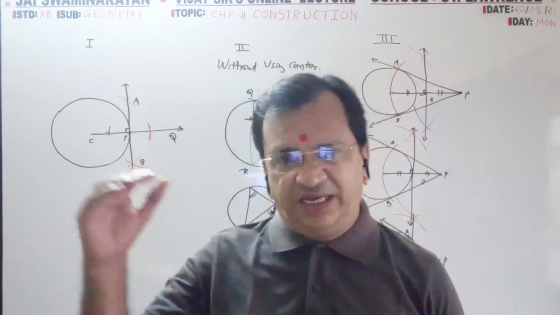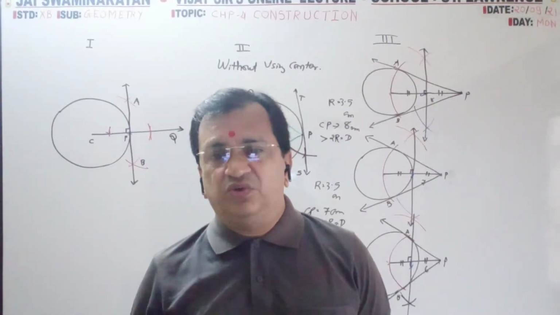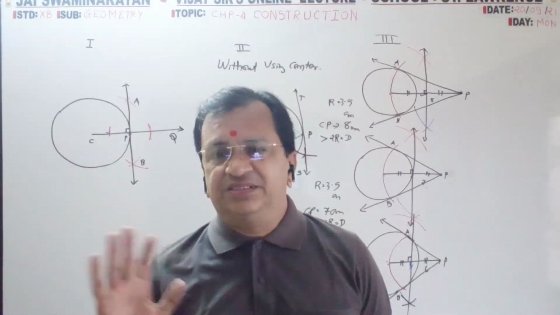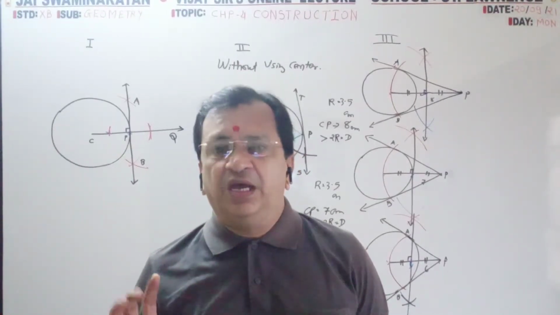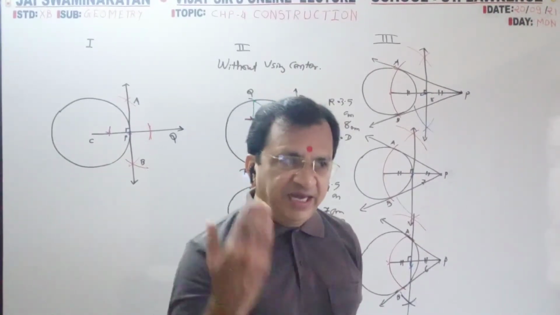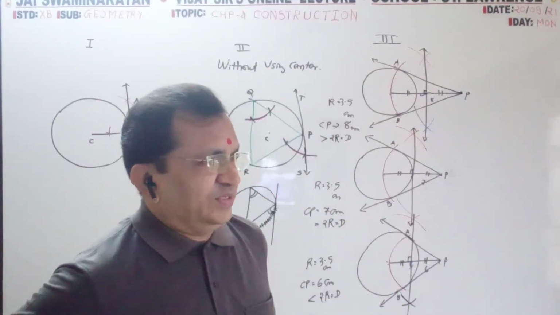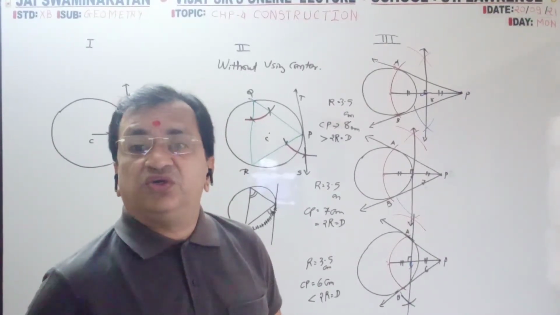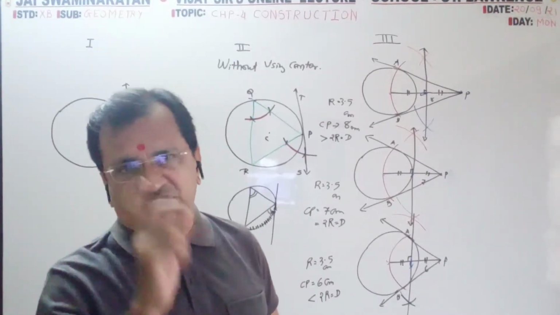In the textbook also they have given construction steps. In the exam, you don't have to write the steps at all. Only draw. After completion of this drawing, then add alphabet, then add measurement. At the end, when you are writing alphabet and measurement, it should not touch your original diagram. There should be some space, it should not touch.